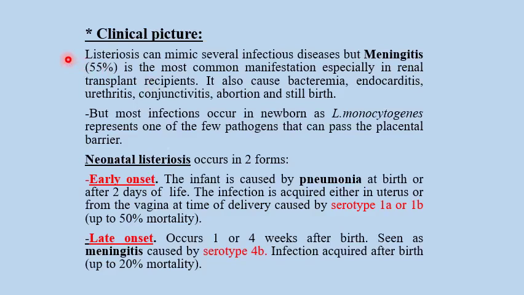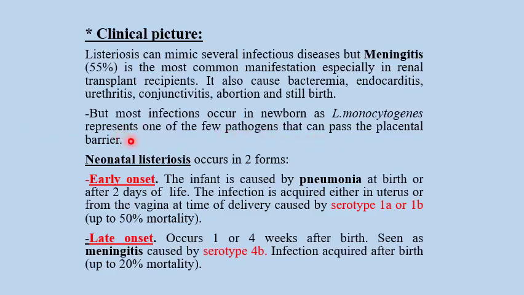Like someone who got a bit of flu and recovered without any treatment. So it will be very mild if the person has good immunity. So meningitis is the main manifestation, but it can also cause bacteremia, endocarditis, urethritis, conjunctivitis, and abortion and stillbirth. But most infections occur in newborns. So this infection is most common in the newborn, as Listeria monocytogenes represents one of the few pathogens that can